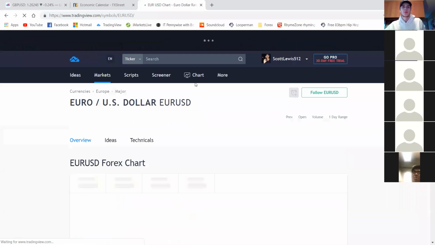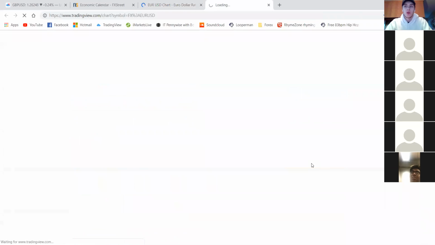Euro USD is our next move. I did say Euro USD and GBP USD do move in kind of the same way. I have a correlation sheet typed up on my computer. I can also send that to you guys because I want everyone to have an idea of how pairs work with each other. It's like saying USD CAD is a buy. That means if you sell CAD USD, you're going to make the same amount of money because they negatively correlate, but you can't be trading USD CAD and CAD USD. So we kind of go with like,